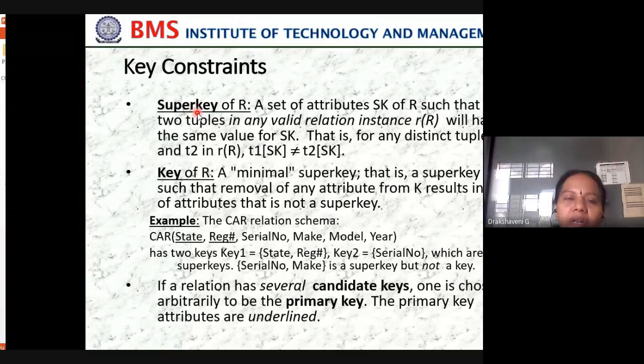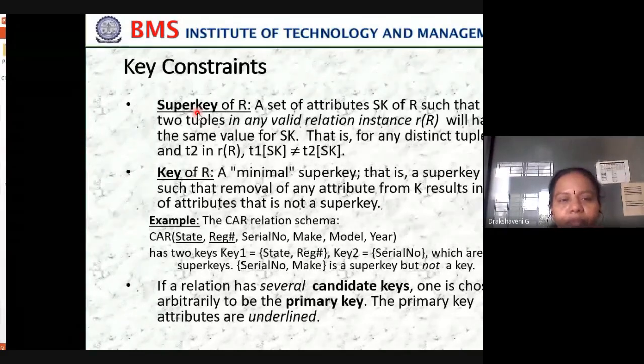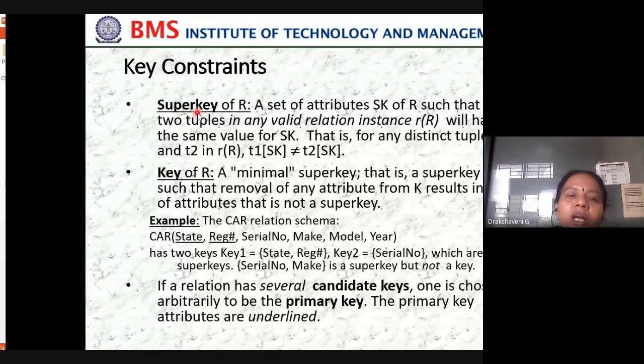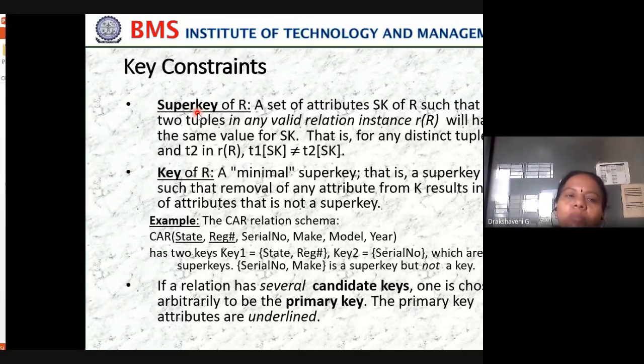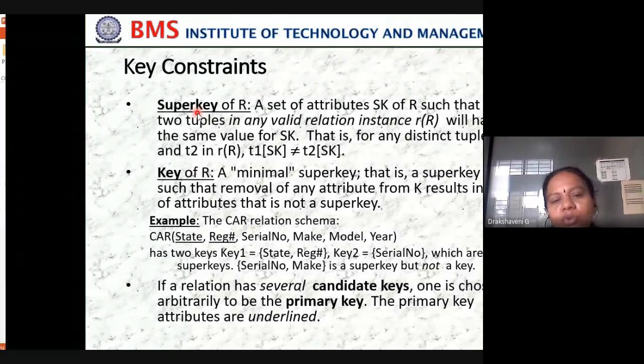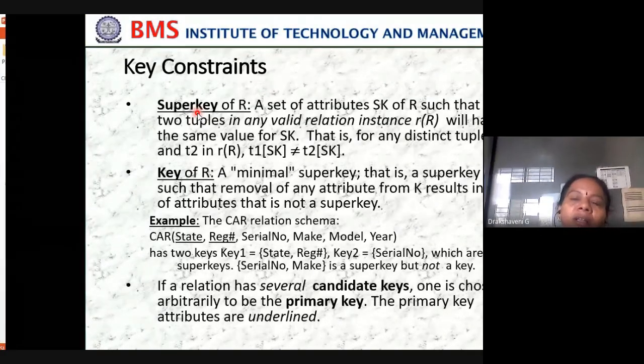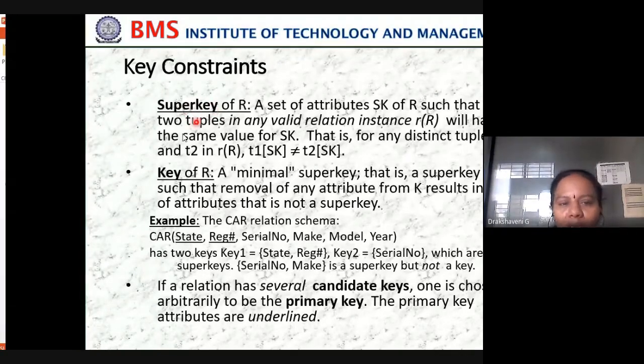Then what will we do? We will take name as well as your USN, 2 things, as a super key. When we come to second semester, still for some time we'll keep both your USN and your name as super key. Then you come to third semester, and because we already know, and you people are also very familiar with your USN, we start using only your USN. So that is how those are called super keys. And what is the minimal super key we have? That is called a key.